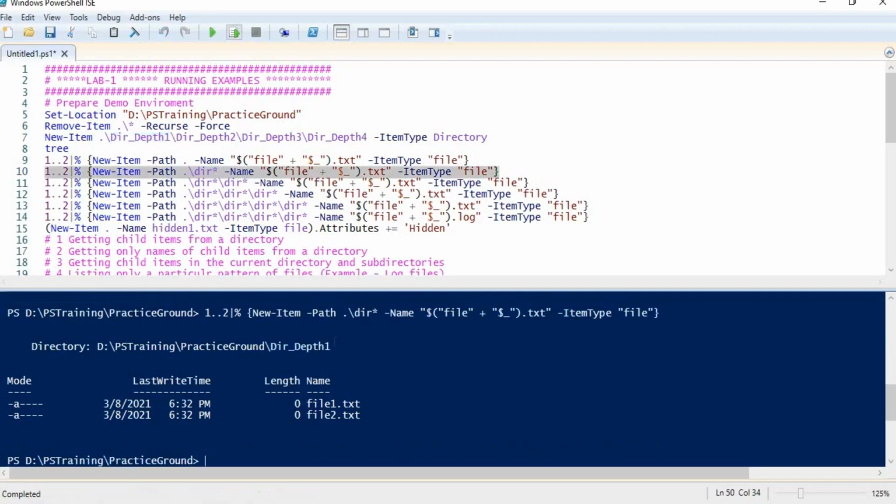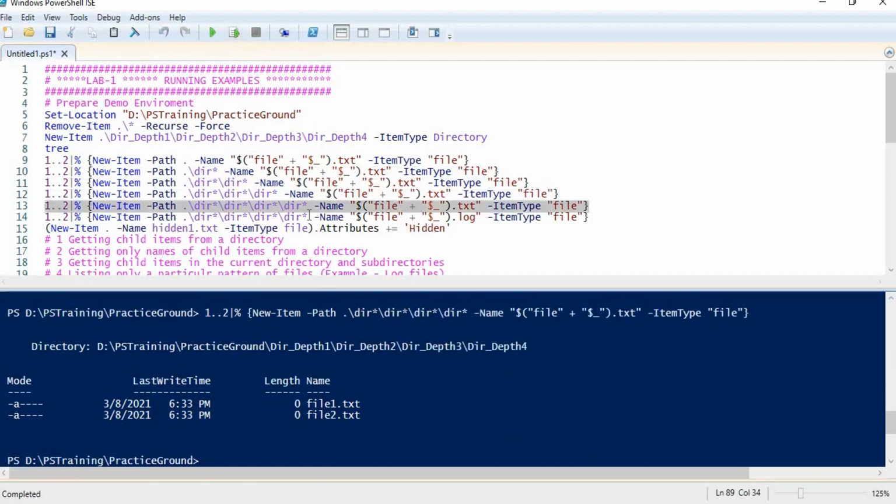Let me run this, and our 2 text files have been created. In this command we are creating 2 text files at depth 2, then at depth 3, and then at depth 4, so we have created 2 text files at each level.